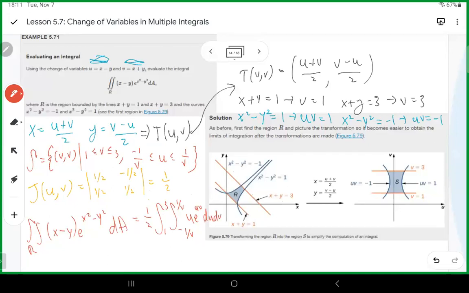Okay, so if we do the evaluation, then we end up with 1/2